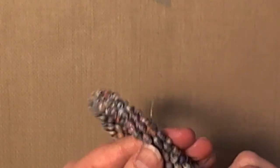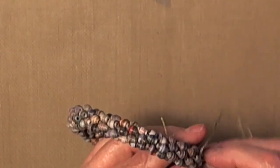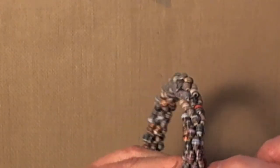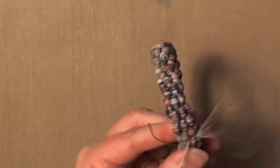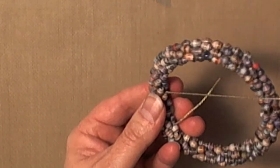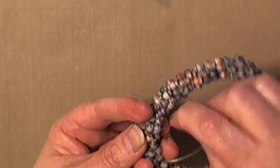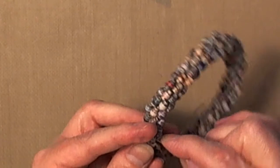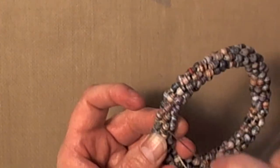Now that I'm happy with that, I'm going to go ahead and go past it 3 beads and start my knot sequence and go the opposite direction. So I'm going to go down in here, grab a loop, make the knot, pull it, go through to the other side, bury the knot, come up and grab another loop down inside and make that knot, and the other tail is getting in the way, and go down past it